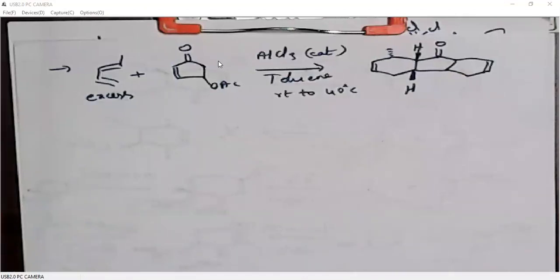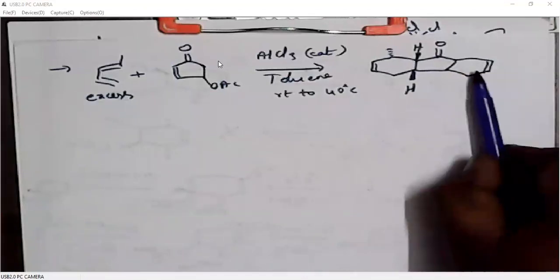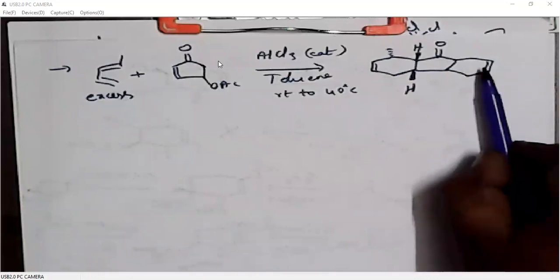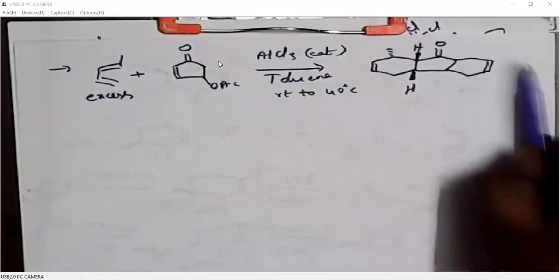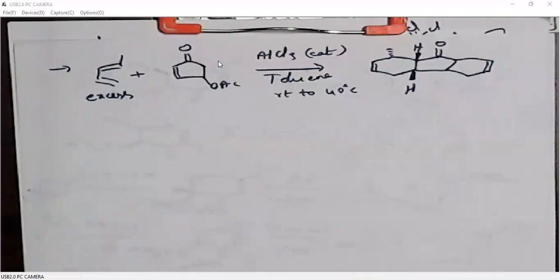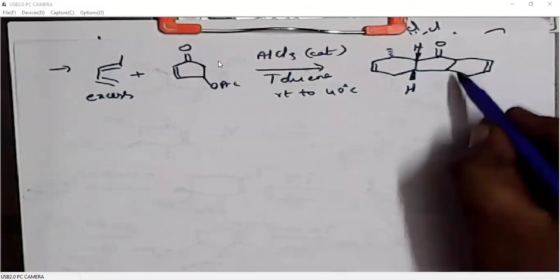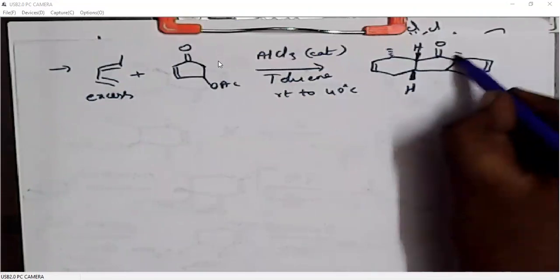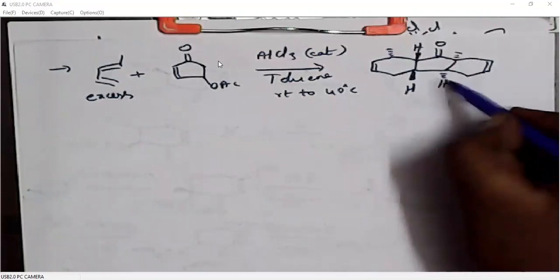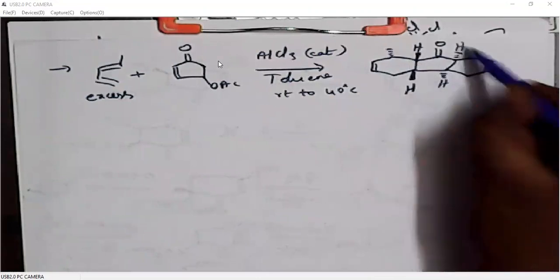So in that case, this third diene, another diene, cannot approach from below the plane, because it is not possible to have endo selectivity from below the plane. Now we will write the endo selectivity from above the plane. So what is the stereochemistry here? The stereochemistry here is exactly reverse to this ring fusion. At the same time, this one also.